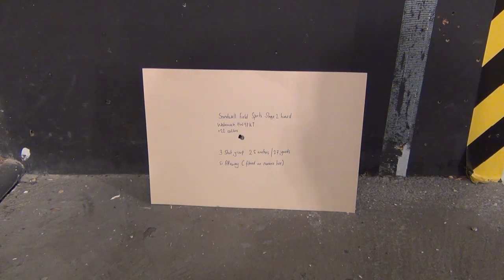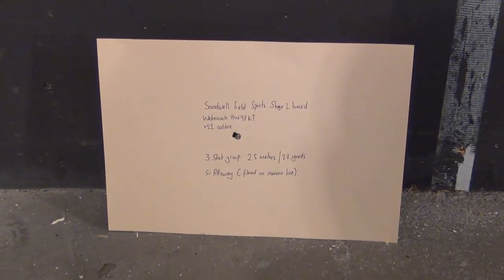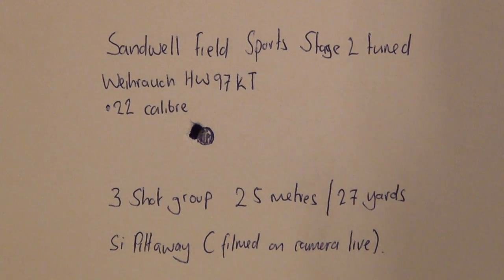Well, this is up at the target end now, after watching that group shot live. And if I zoom in slowly, so we nicely stay in focus, you can see there's the group. So like I say, it's maybe 1 or 2 clicks to the right, which will bring the actual zero bang into where it's supposed to be. You witnessed that was 3 shots. Just to give you some idea of the size of that group,